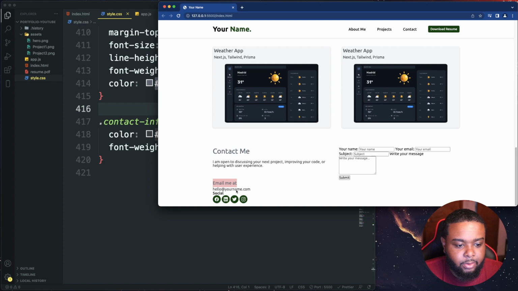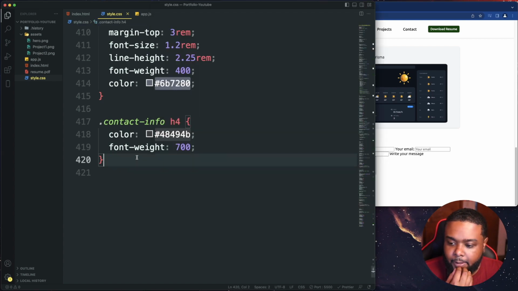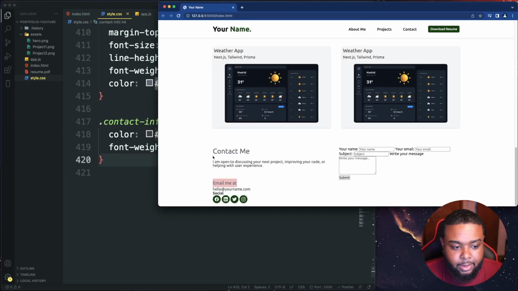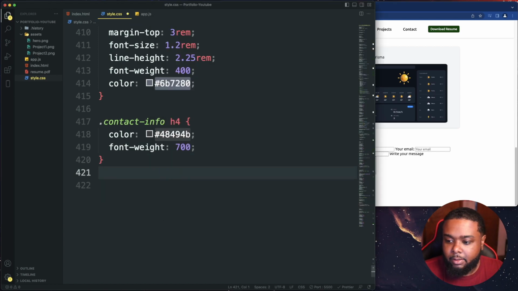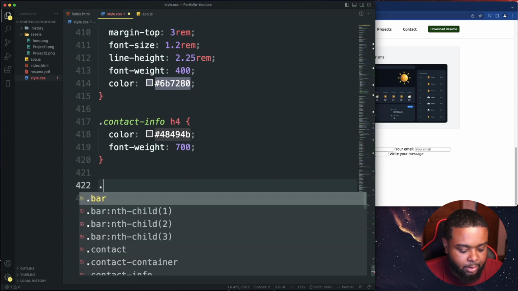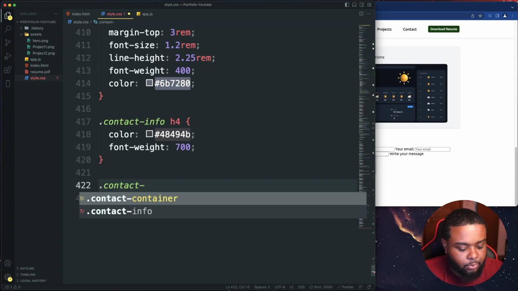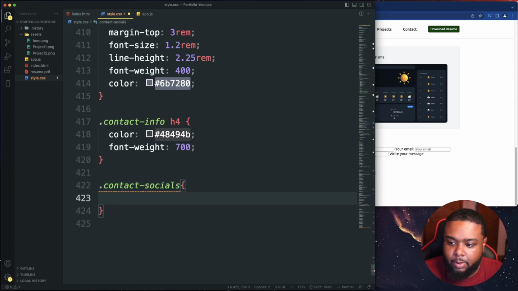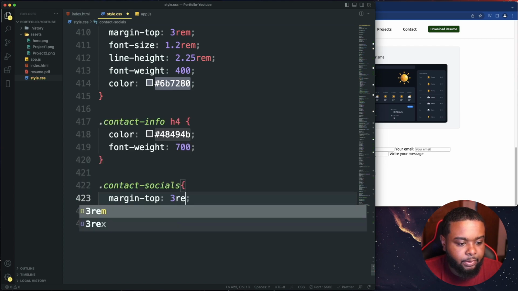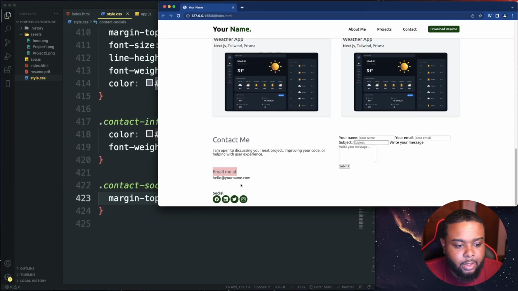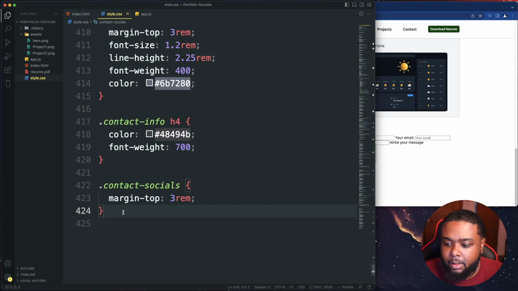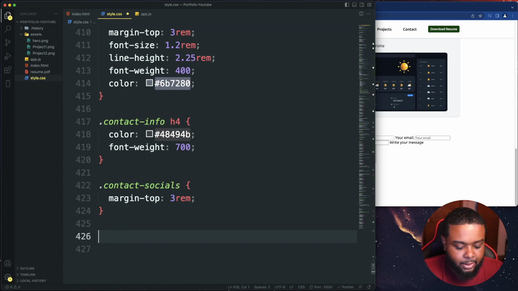And now let's grab our socials down here and style them up a bit. Well, they're already styled, but we just need to place them, select where we're gonna put them. So let's do contact socials, and we're just gonna do a margin top of 3 rem, like that. Space it out a little bit, and let's grab that H5. So do contact socials,